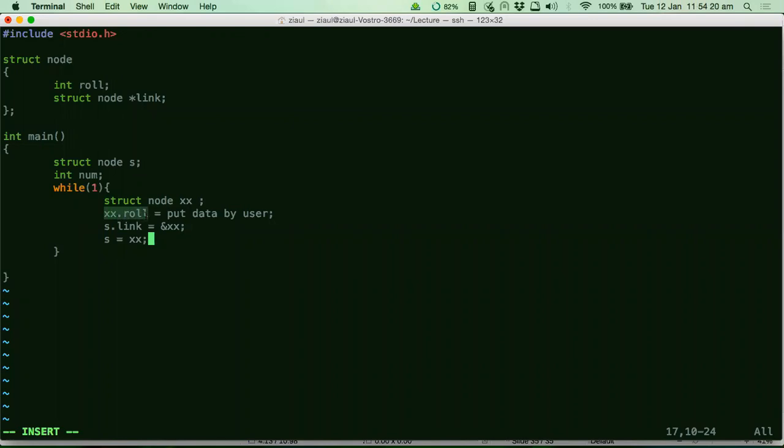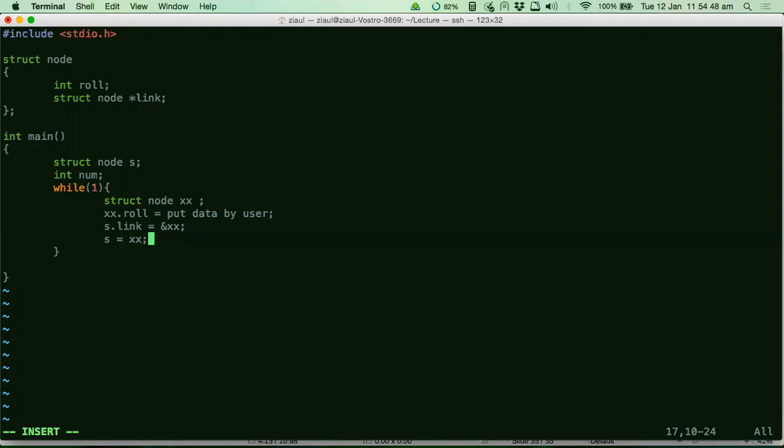Here we are assigning the value in the new node, and here we are linking the link of the previous node with the address of the new node. And then we are saying, okay, because we need the s, right? Because if the s is not updated, s will still point to the very first node. Every time we have to update s to the last node that was created by us. That's why s is pointed to this node now, the last node that was created.